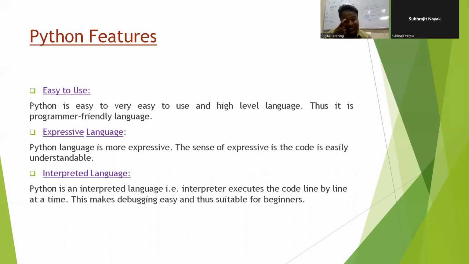The Python is an interpreted language. The interpreter executes the code line by line at a time. This makes debugging easy and thus suitable for beginners.